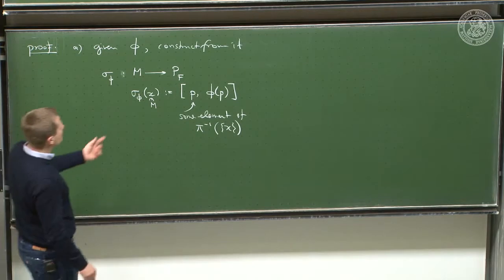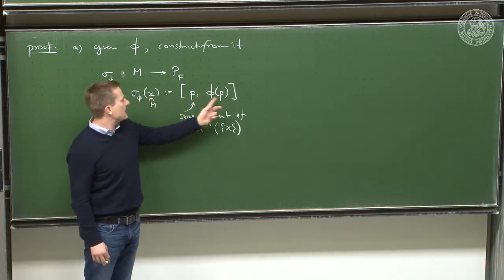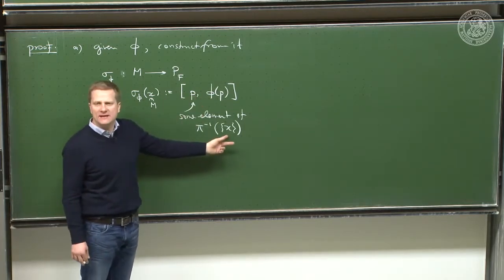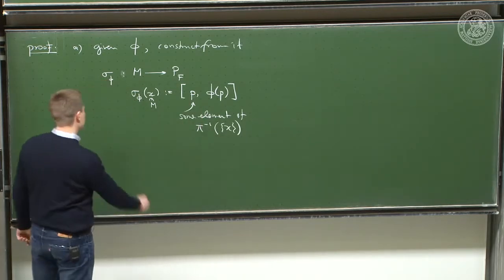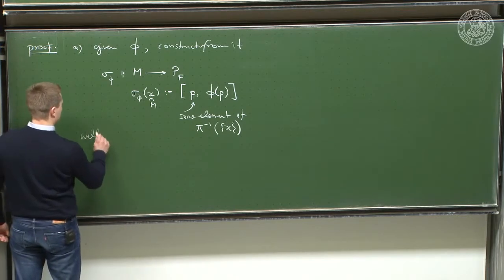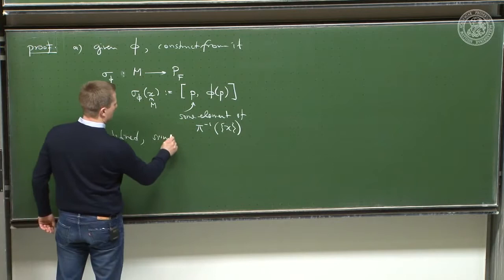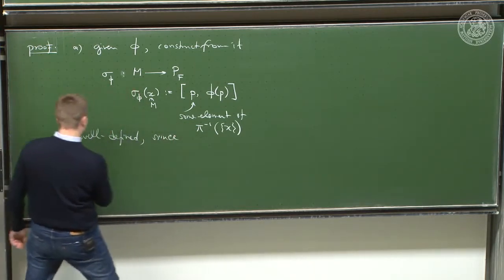Now, this looks like a funny definition because you say you have an x, but on the right-hand side you say this can be any p as long as it's in the fiber over x. It's not clear whether this is well-defined. It could be ill-defined, but in fact it's well-defined. It's the first thing to check. So what do we have to check? Since for any